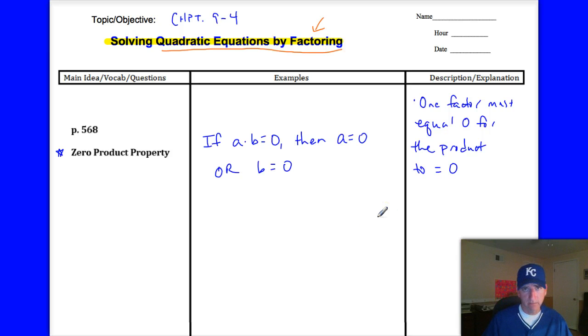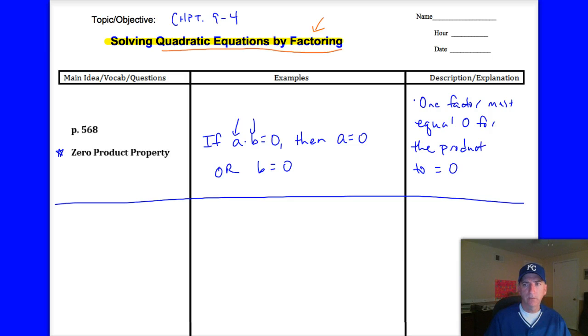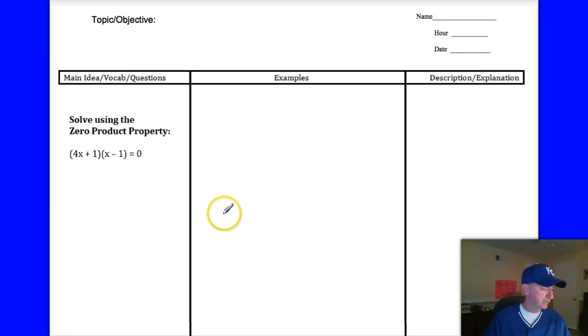This entire lesson is based around that idea that if you multiply two things, a times b, one of them has to be 0. Okay, so if you would, please put a line there, a break, and then going down the page, here you see this next part, solving using the zero product property. So we're going to show you now how to solve a quadratic using that idea right there. And here's an example problem on your page. Parenthesis 4x plus 1 times x minus 1. All right, so in the middle, would you please recopy that problem, 4x plus 1 times x minus 1